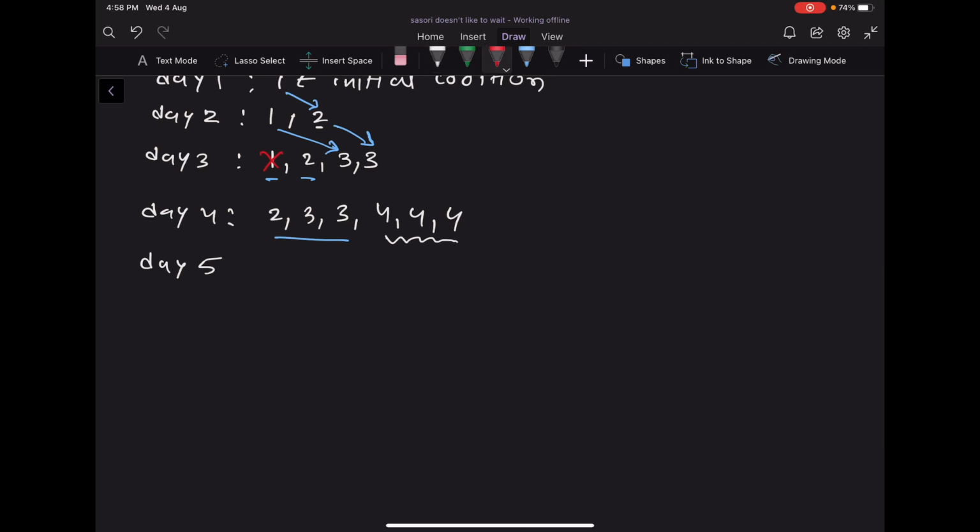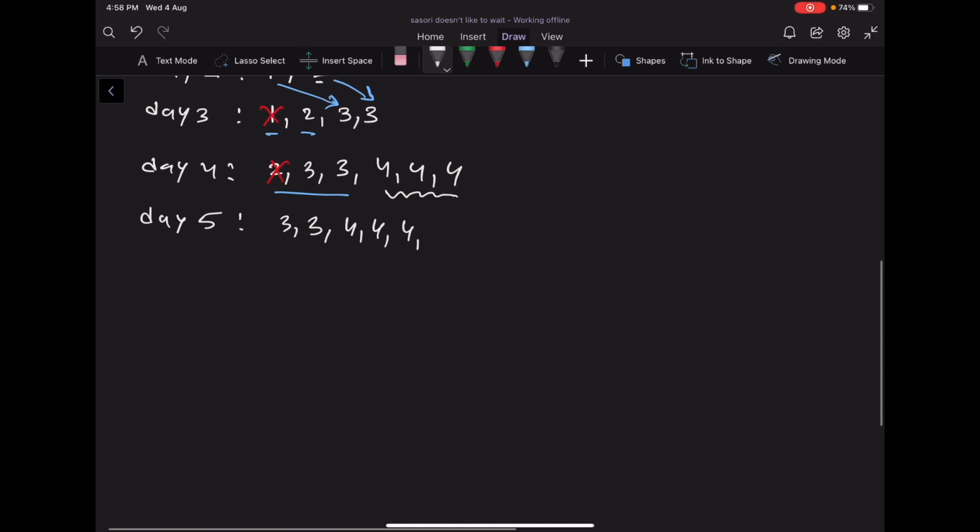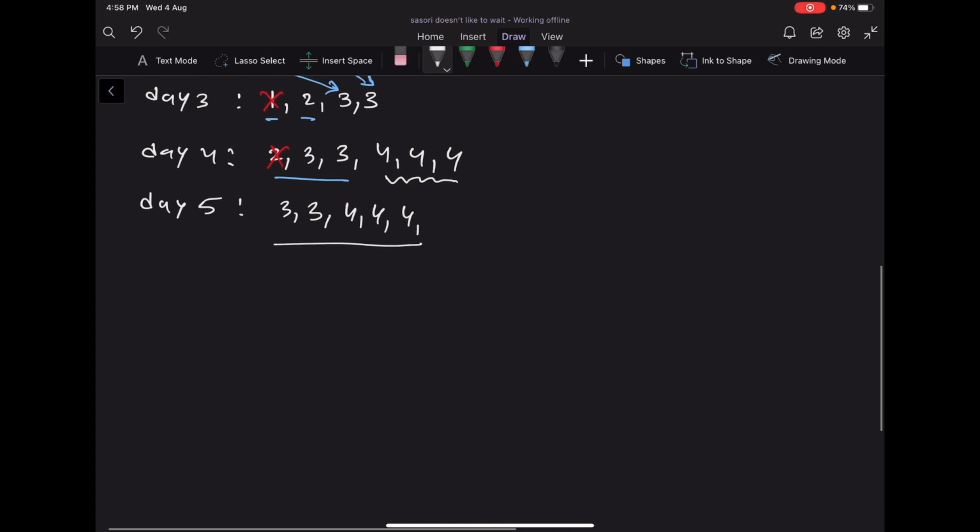the virus created on day 2 will die, and we will have the viruses created on day 3 and on day 4, and these 5 viruses will create 5 more new viruses on day 5.